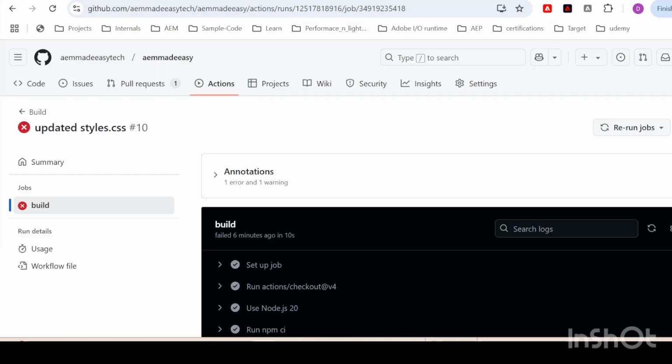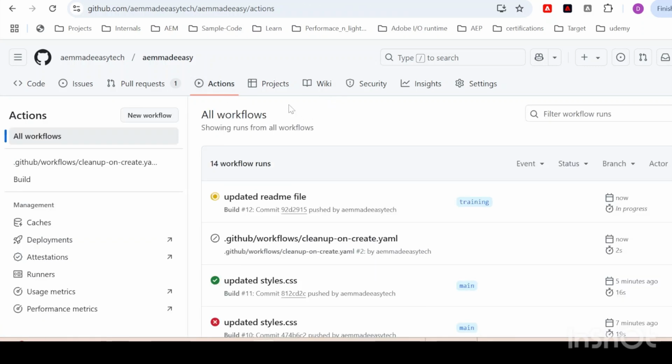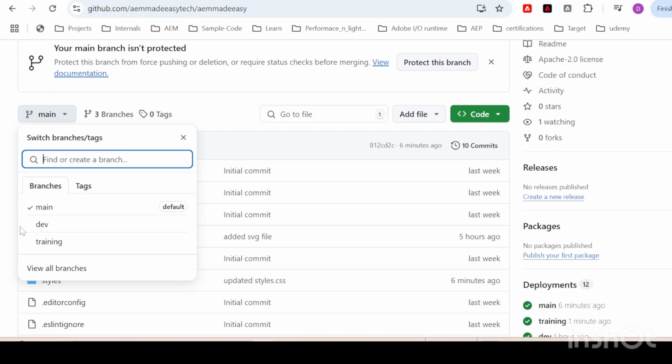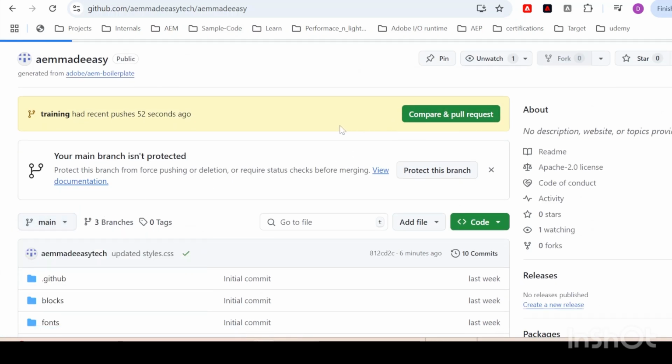Now if I go to the GitHub repository, you can see after I reverted that style.css, it basically passed. And as I created a new branch, that basically creates a new website for that particular branch. So on that, this cleanup on create.yaml runs, and then it is building now. But let me go to that branch. Okay, the training branch is available here, and if I create a pull request,